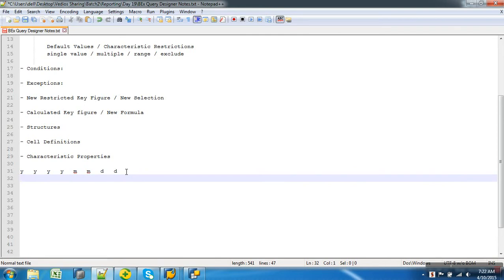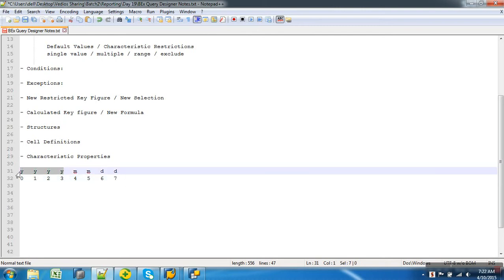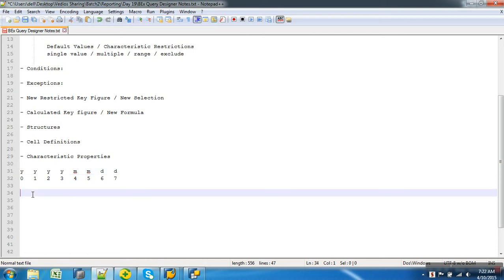Now character count starts from 0, 1, 2, 3, 4, 5, 6 and 7. So I just need to pick the first 4 characters from the date. So that gives me year. Once I pick the first 4 characters, if I suffix 0, 1, 0, 1, that becomes the first day of the year.